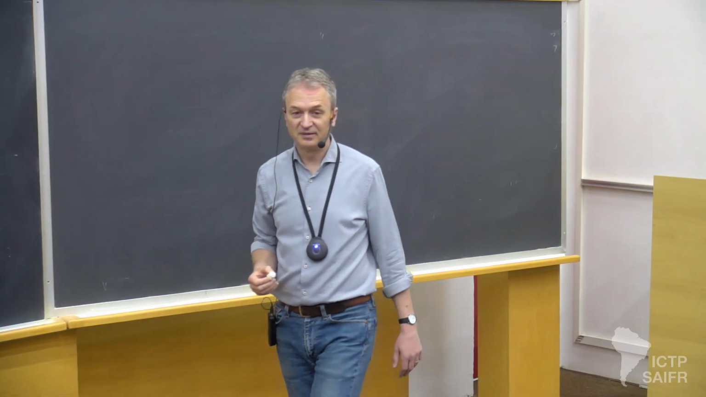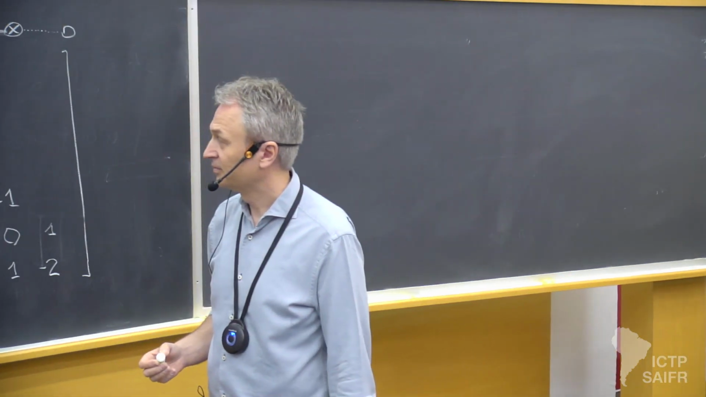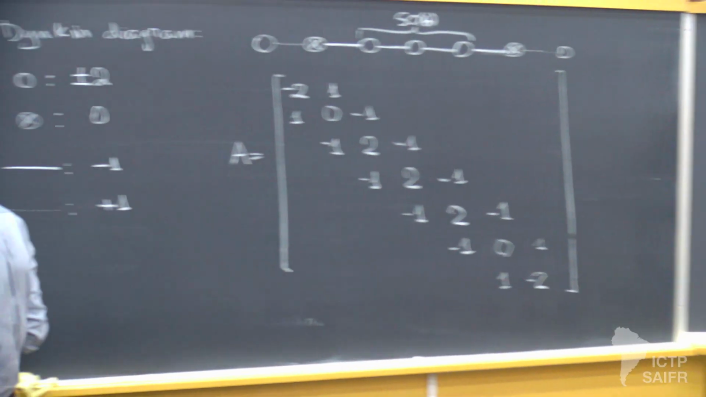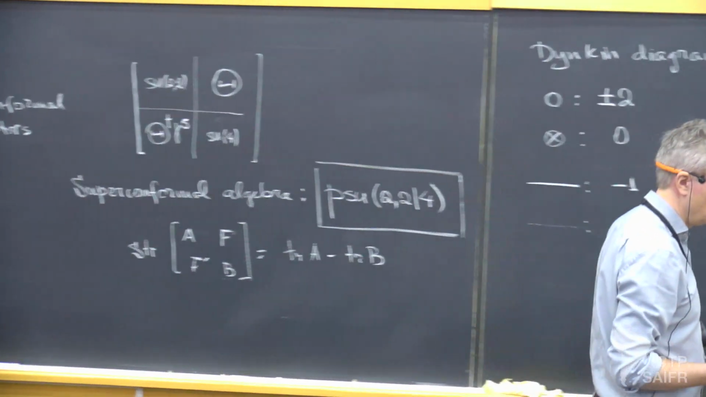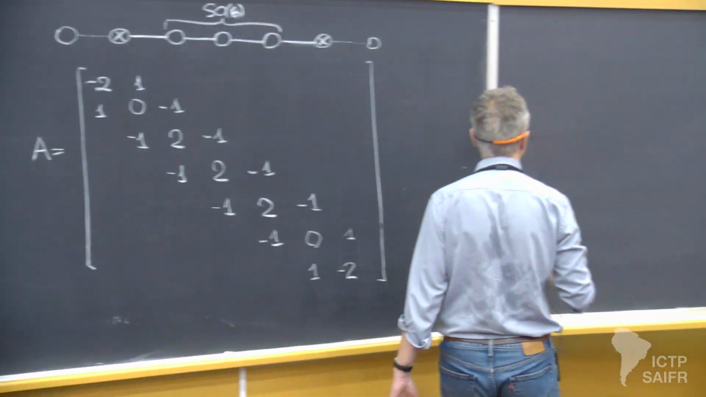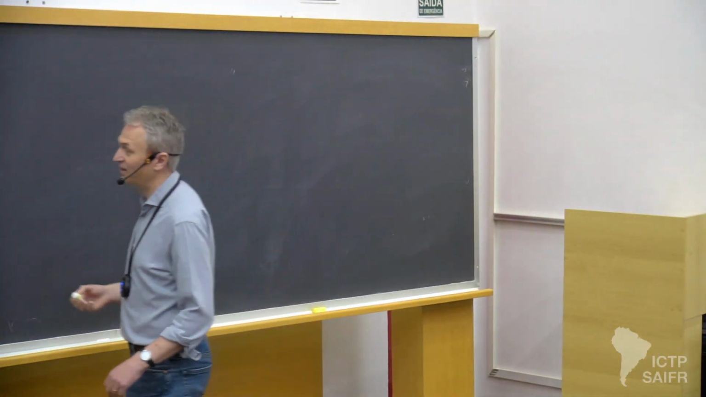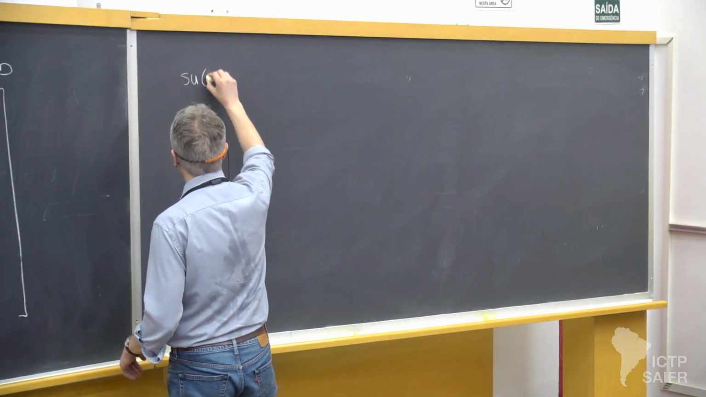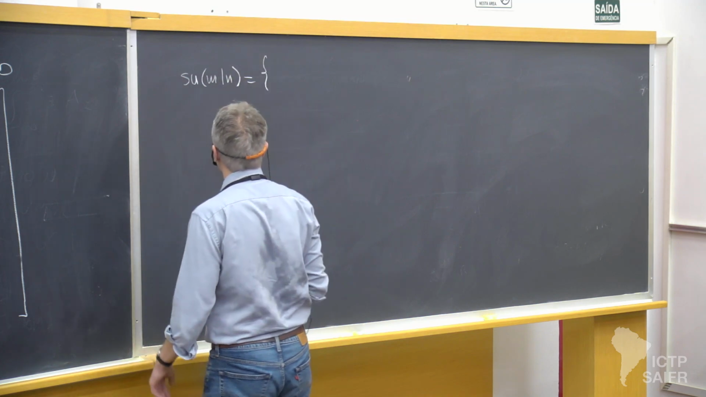Yes? Do you comment on what the /4 means? Where? Oh, here. Yes, so maybe I can give a definition of what SU(M|N) is. So this is a set of